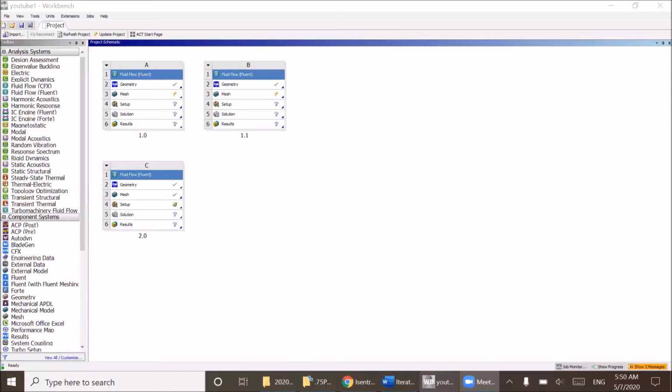Hello everyone, welcome to the second part of this tutorial. I will be going over the setup of the simulation as well as the post-processing of the solution for this given case. So in the last video we went over how to set up the geometry as well as the mesh. Now you can see here that the mesh and the geometry are ready, so we can just go ahead